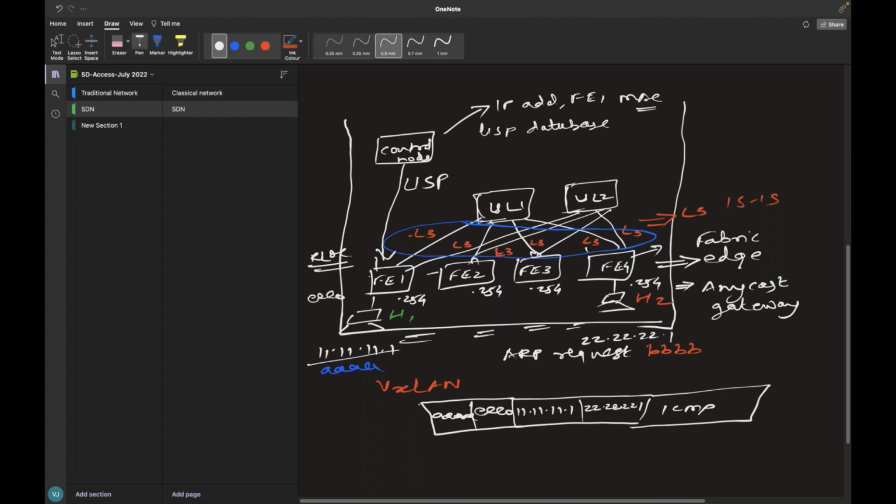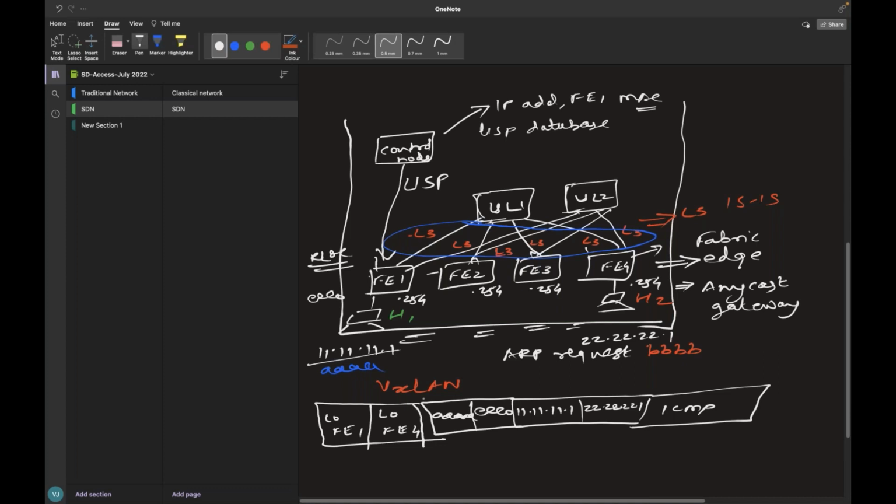I forgot to tell you, when it gets that information that the host is behind Fabric Edge 4, it adds another IP header, which is VXLAN, with the source as the loopback IP address of Fabric Edge 1 and the destination as the loopback of Fabric Edge 4.